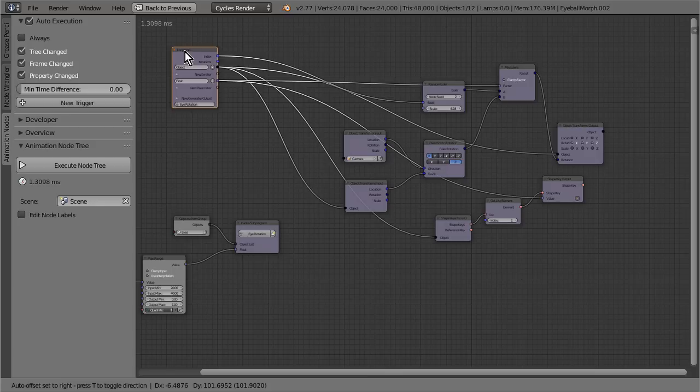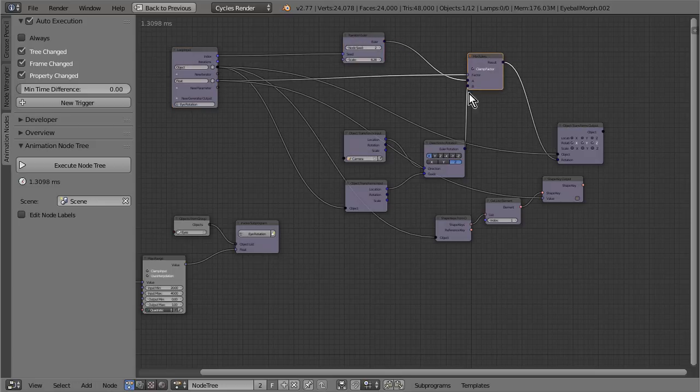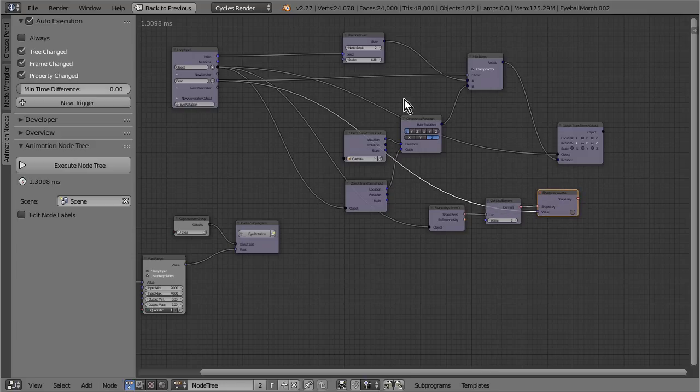You can see, I kind of like cleaning up nodes. It's fun if they look really nice at the end before I save this. And by cleaning up I just mean move them around. Anyways, that's the node tree.